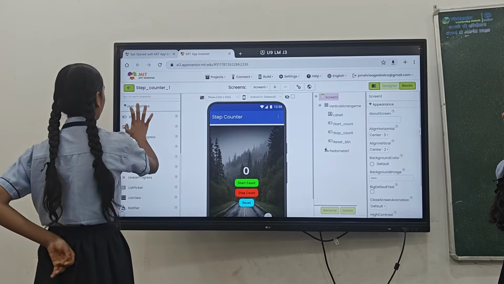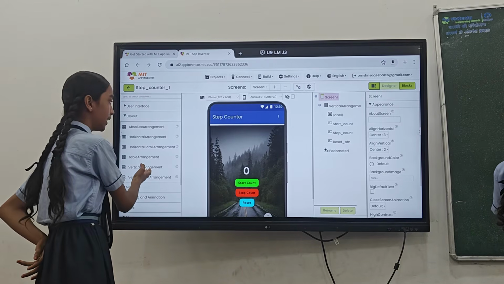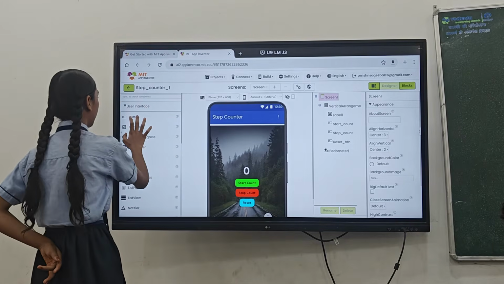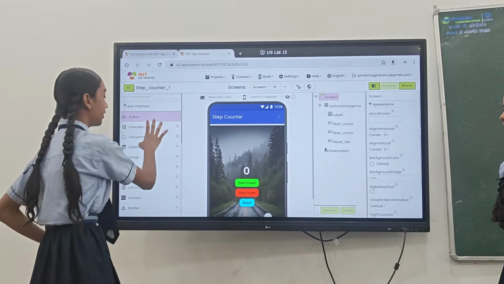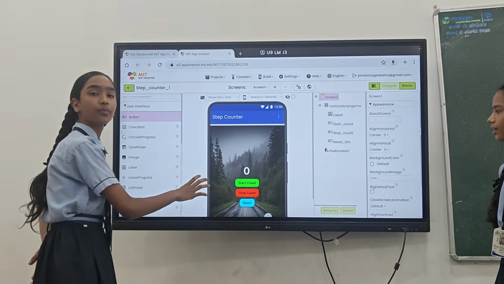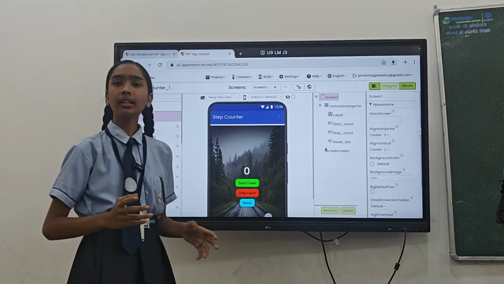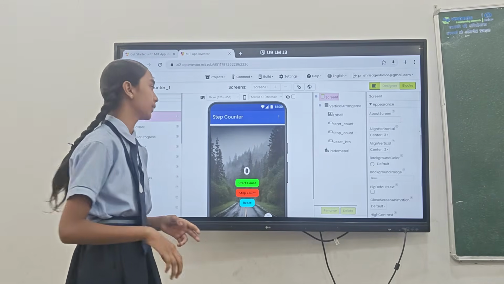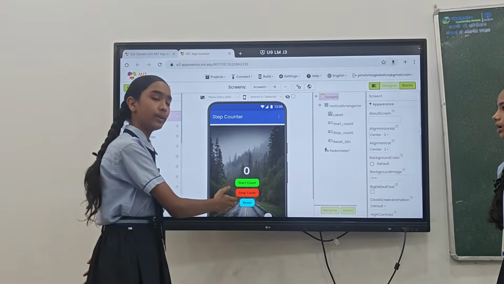First, we have to go to User Interface and go to Layout. Then we use vertical arrangement, click here, and then we drag and drop it. Then we go to button. We choose 3 buttons because there are 3. Then we drag and drop the 3 buttons and arrange them. The main thing is, first we used color, but color is not attractive, so we use a poster or an image. Now you can see there are 3 buttons.